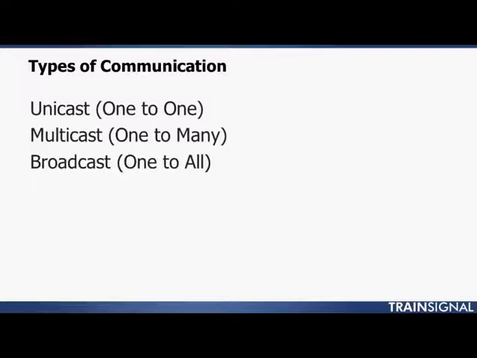Okay, the 3 types of communication that I want to talk to you about, first of all, are unicasts. And a unicast is a one-to-one communication, meaning one computer has something to send to another computer. It's a very direct communication. A multicast is considered one-to-many, but as I've already described, not everybody, just a lot of people, anybody who wants to subscribe to it. And a broadcast is where you have from one to all, or everybody, or at least